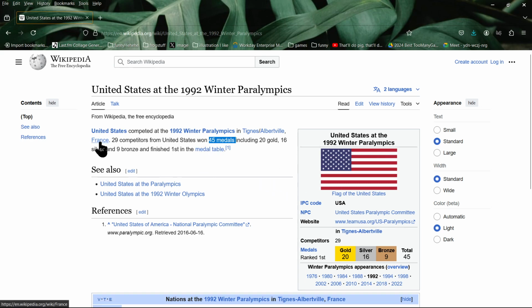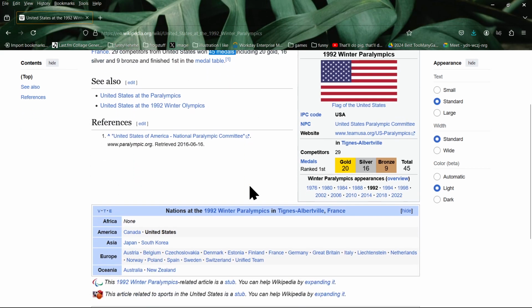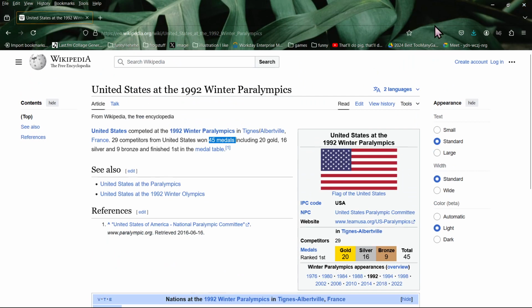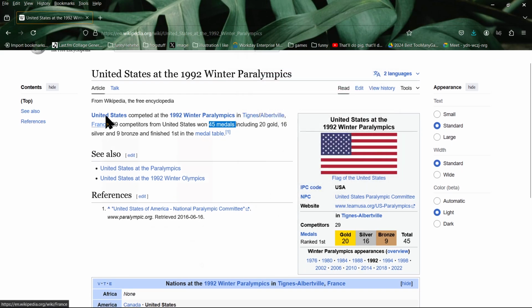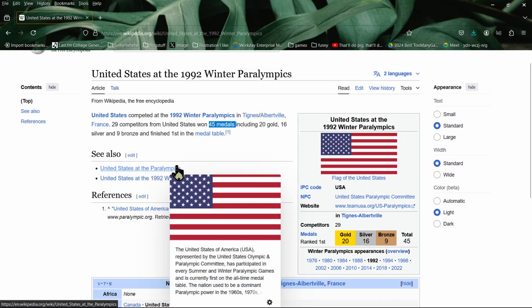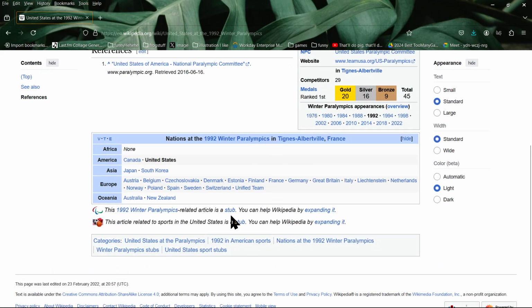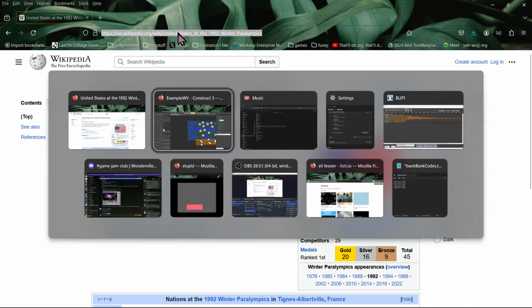Oh, it was also in France. Wow, that's kind of crazy. You can do a game about anything you want really, but this is just a source of inspiration. If you want, you can do it about the American flag. You can do it about France, which I guess we did that last time as well. Yeah, that's basically it, and it looks like we did pretty good. So I'll post that in here.